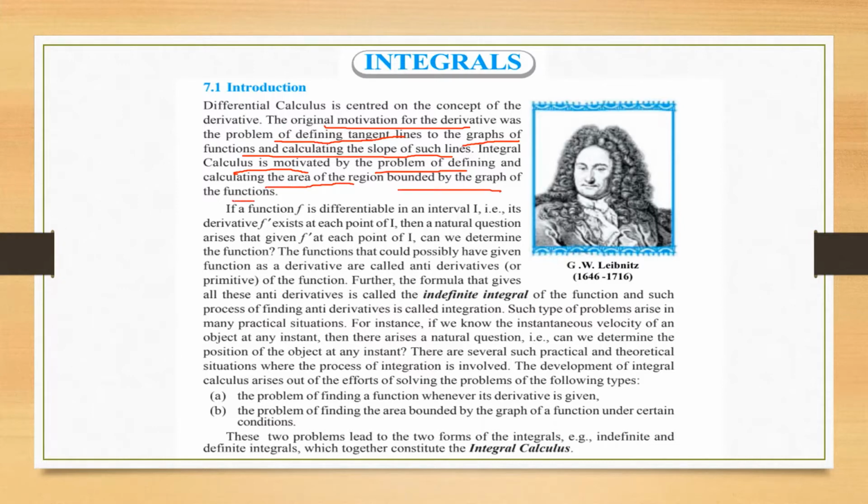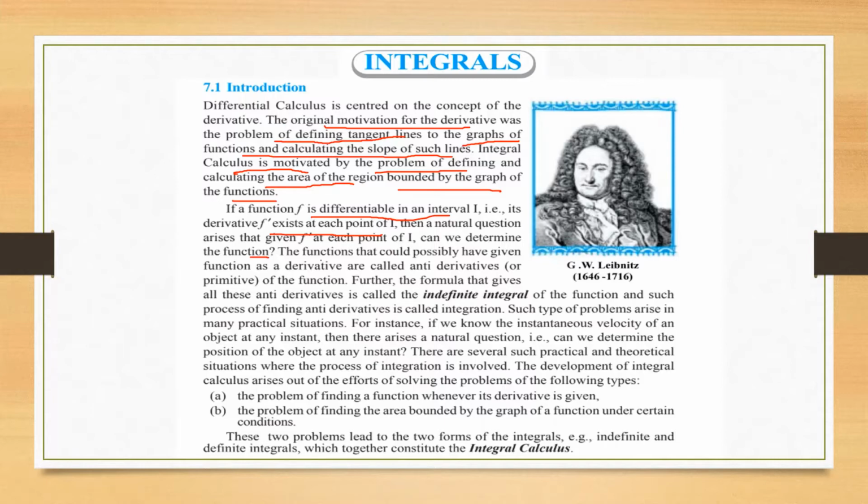of functions. Okay. If the function f is differentiable in an interval I, that is, its derivative f dash exists at each point of the interval, then a natural question arises: given f dash at each point of I, can we determine the function? Means, as you know in derivative, from the function we calculated f dash, the derivative. So the question that arises is, if the derivative is given, can we search out what was the original function,